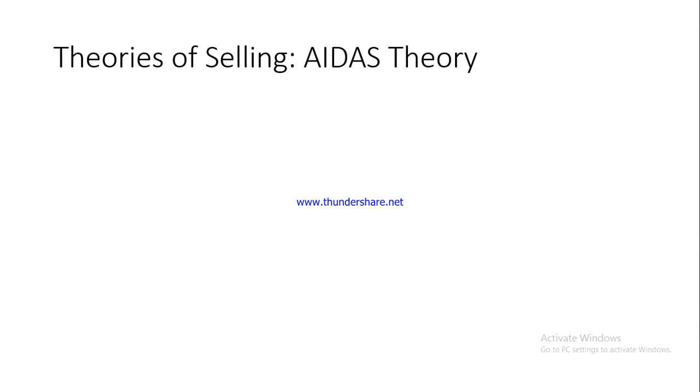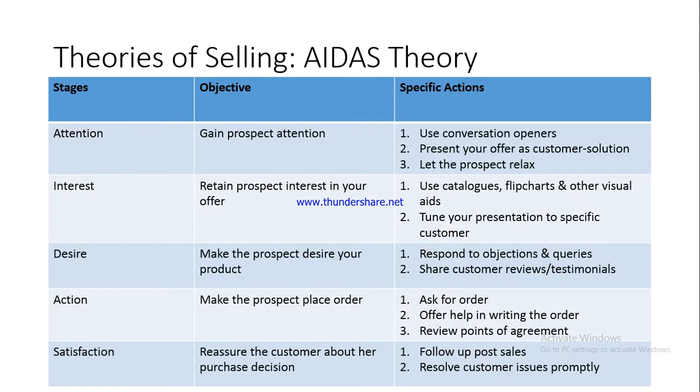So the first theory that we are going to discuss is the AIDAS Theory. And you would recall from our earlier discussions in this very subject that we have talked about this particular acronym, AIDAS. AIDAS stands for attention, interest, desire, action and satisfaction. So here this theory is basically going to talk about these aspects only, and it basically says that the customer, when he is about to buy a particular product, he actually moves through these 5 stages. So first he pays attention